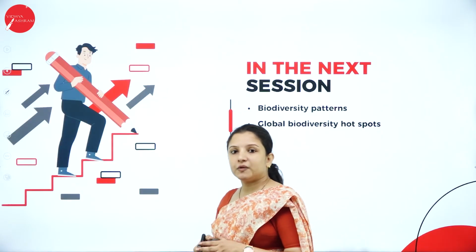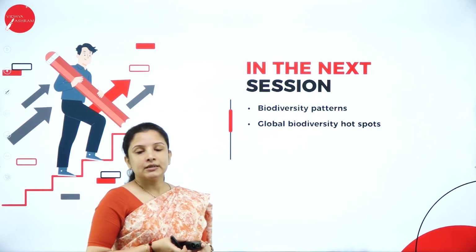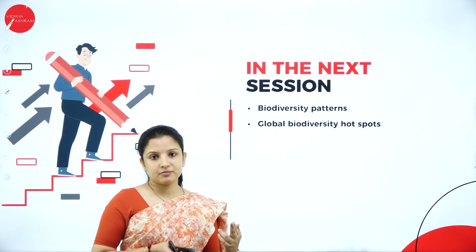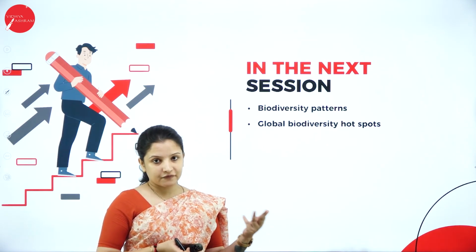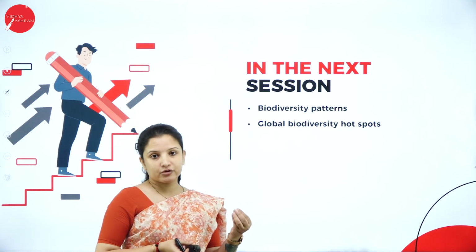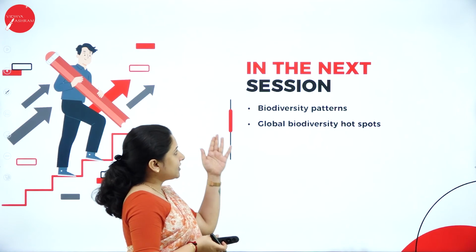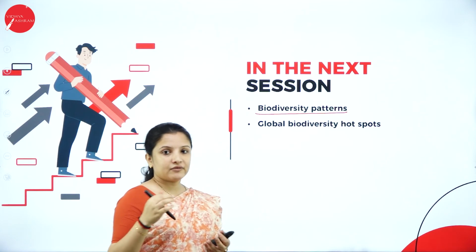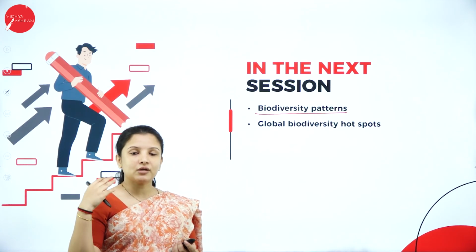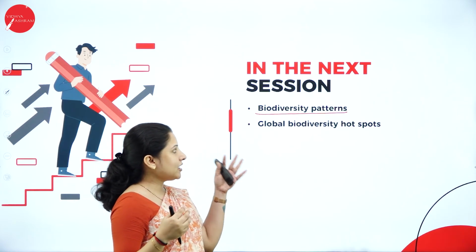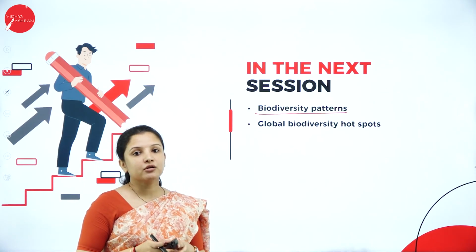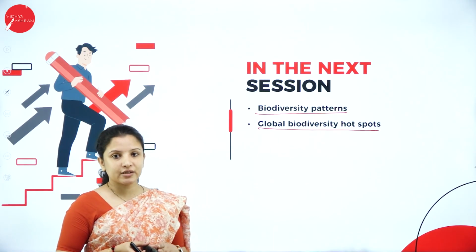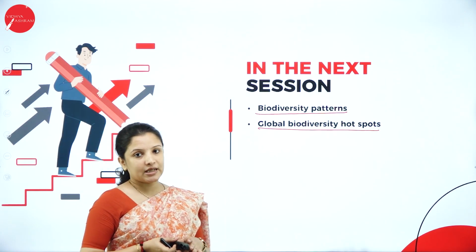So this was about this particular session wherein we learnt about the levels of biodiversity, that is the genetic level, species level and ecosystem level, and also we learnt about the biogeographical zones of India, wherein 10 biogeographical zones were there. And in the next session, let us study about the biodiversity pattern. So biodiversity varies depending on the latitude, altitude and all that. So that we will study, and also we shall study about some of the major global biodiversity hotspots in India, usually in the Western Ghats of India. So all that we shall study in the coming session.